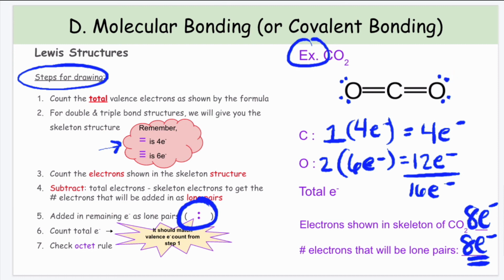Now we're going to count the total electrons that are shown. We have 2, 4, and 4 with this bond is 8. Another 4 with this double bond is 12. Another 2 with this lone pair is 14, and another 2 with this lone pair is 16. Does it match our electron count from step 1? Our electron count from step 1 was 16, and yes, it matches. And we've already checked the octet rule, right? That's how we drew in those lone pair electrons on oxygen, so we know that the octet rule has been followed. And that is a double bond molecular Lewis structure.